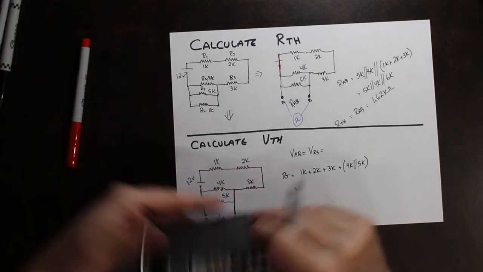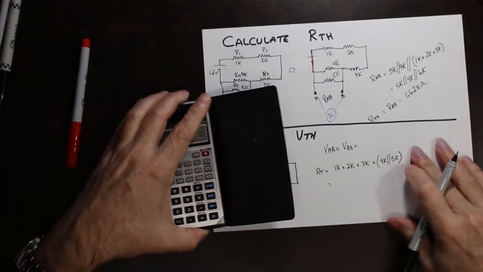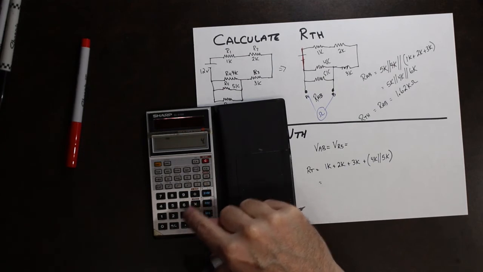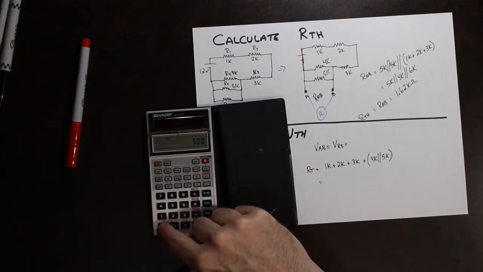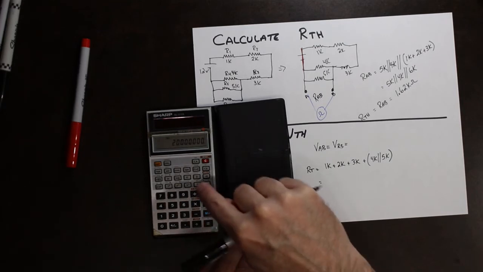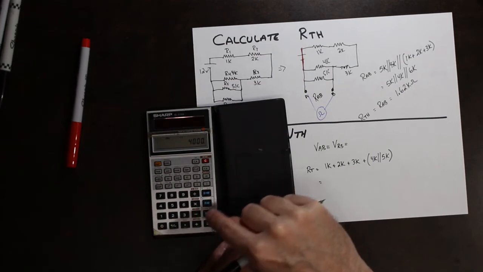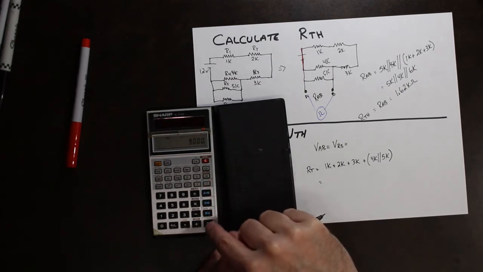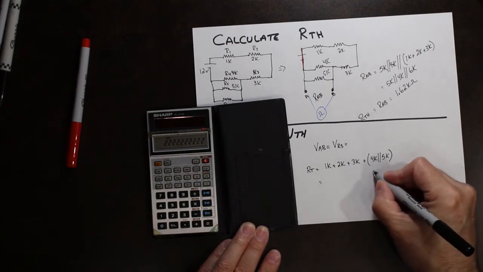When we do 4K in parallel with 5K, since there's two resistors in parallel, we can do the product over sum. So 4,000 times 5,000 divided by 4,000 plus 5,000 equals